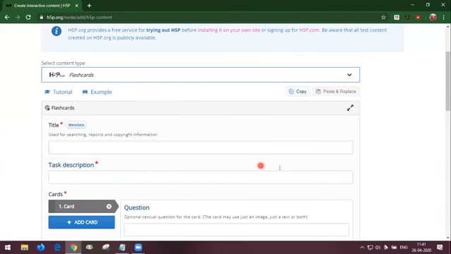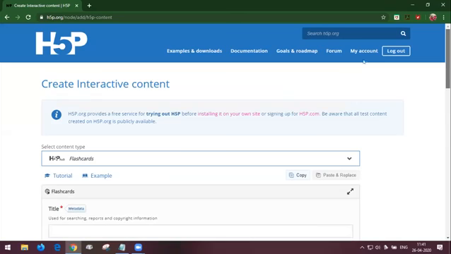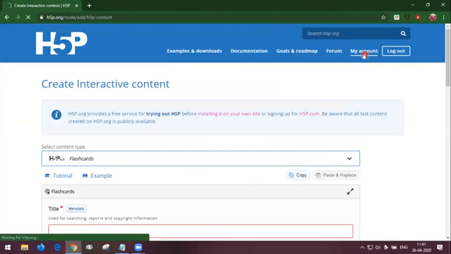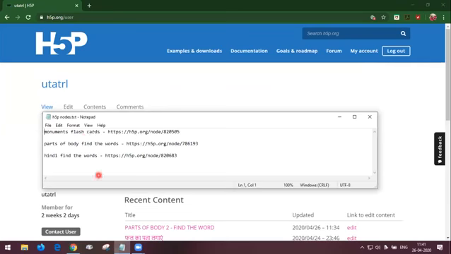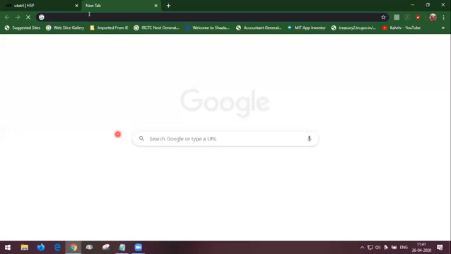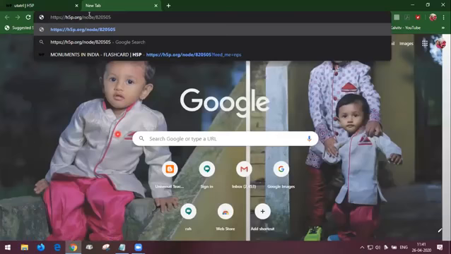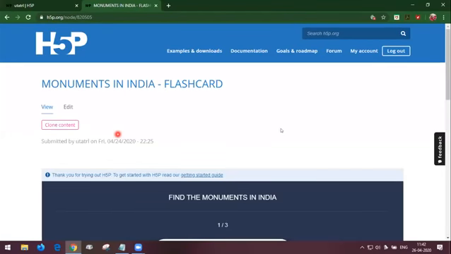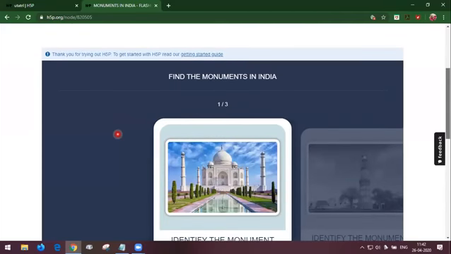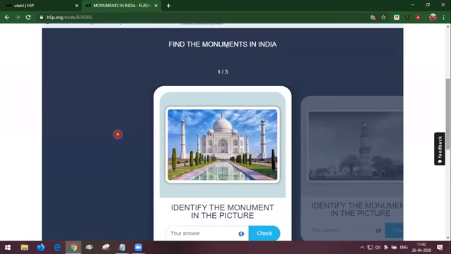Before going to create, I'm going to give an example for it. This is the flashcard tool. Here I have created a flashcard regarding find the monuments in India.